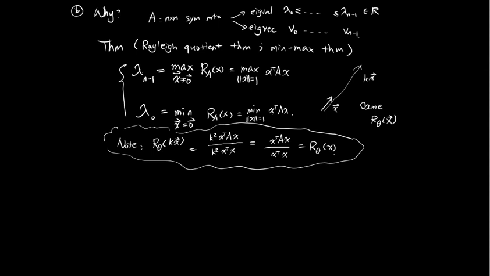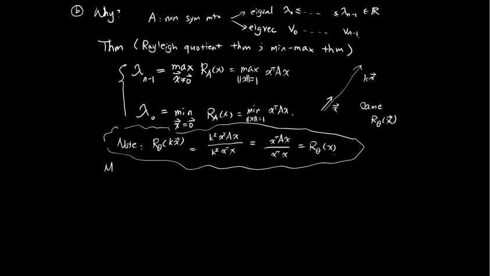Okay, I don't have time to talk about the reasoning, but if I have time, maybe I will do it later. But let's do one more thing. So you notice that this helps you to know what is lambda 0 and lambda n minus 1. And what if your algorithm wants to find out what is lambda 1, 2, 3, 4, something like that. So in fact, this is quite a comprehensive theorem. It has a lot of ways to deal with this. So for example,